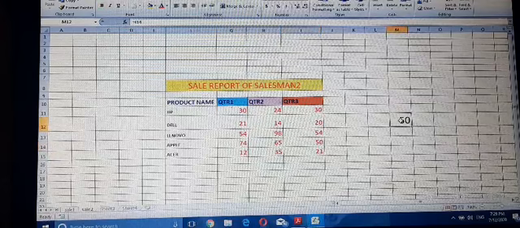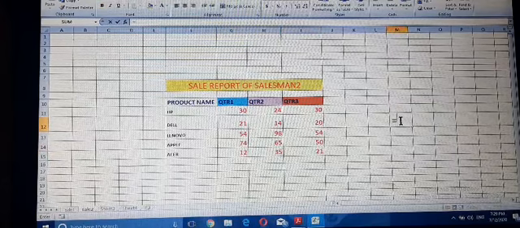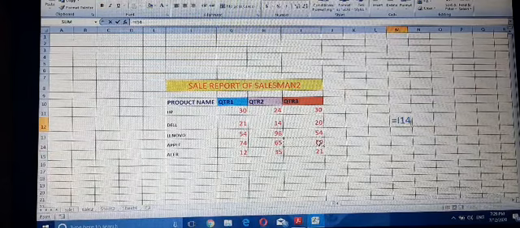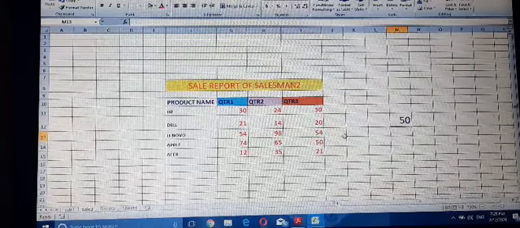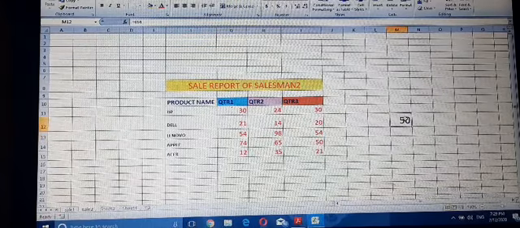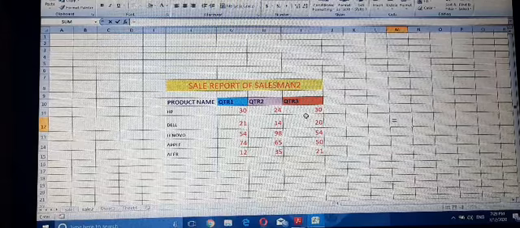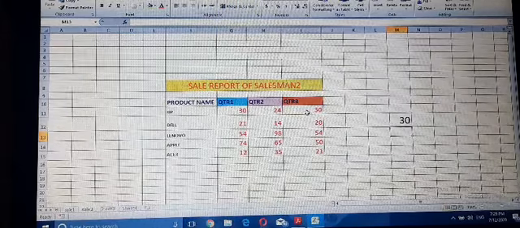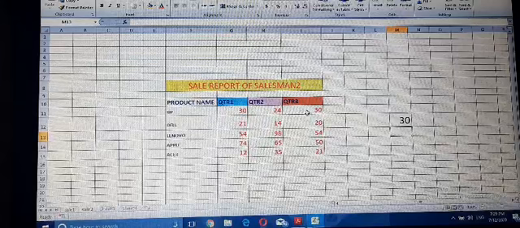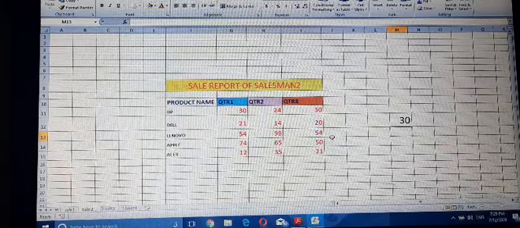First you need to enter the equal to sign, then the address of the cell. Equal to sign, then enter 30.